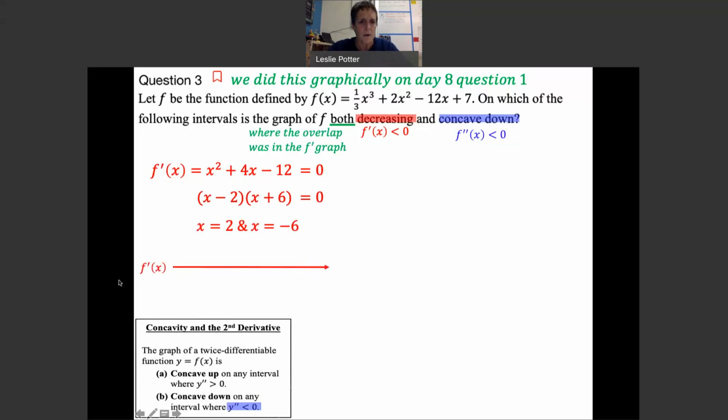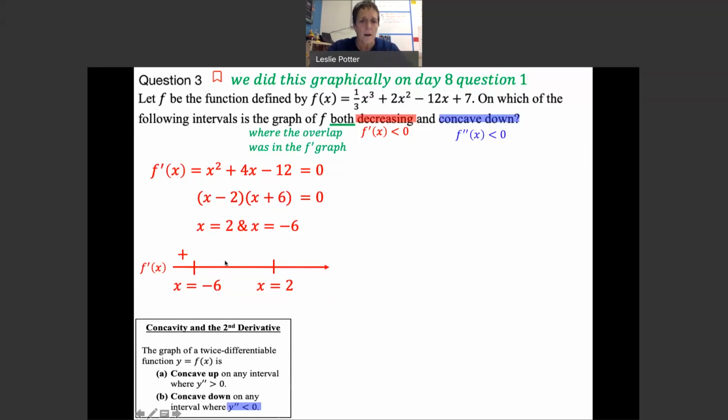So we're going to set up our number line, and then we're going to test on either side. Now I'm leaving a lot of the math out because we've been through this several times. So I'm going to test negative 7. I'm going to put it into here. Putting in a negative 7 here makes this negative. Putting a negative 7 here makes this negative. Negative times negative is a positive. And that's all you need to do, even on the AP test. This is why they don't grade the number lines, because they know there's a lot going on that is mental